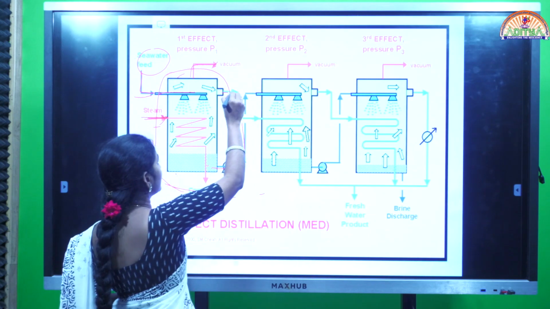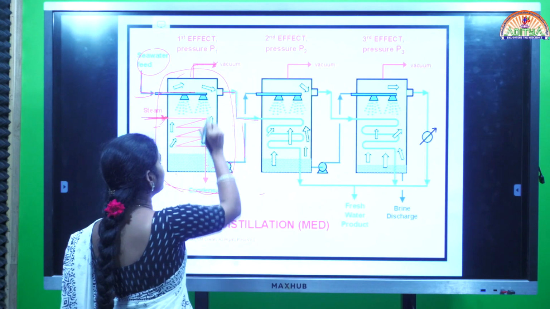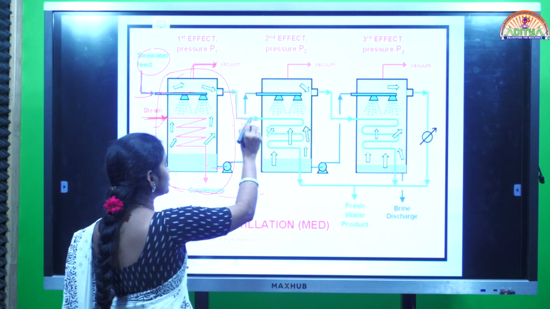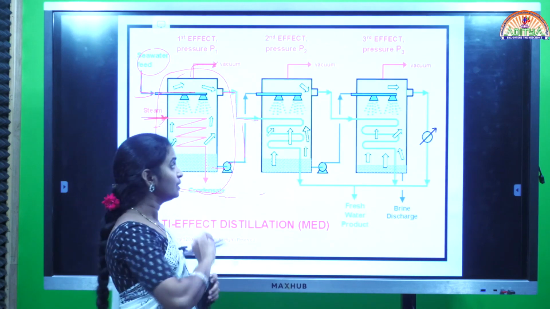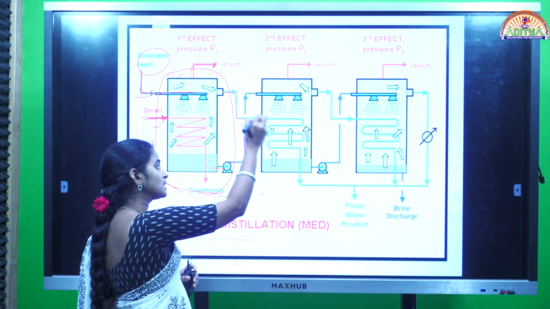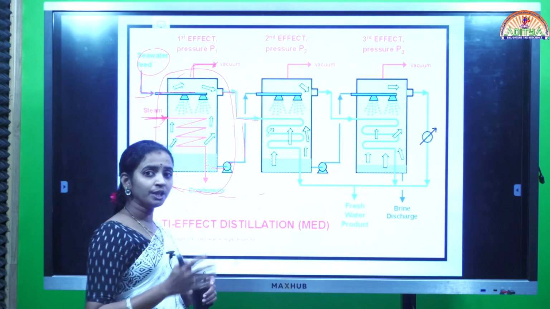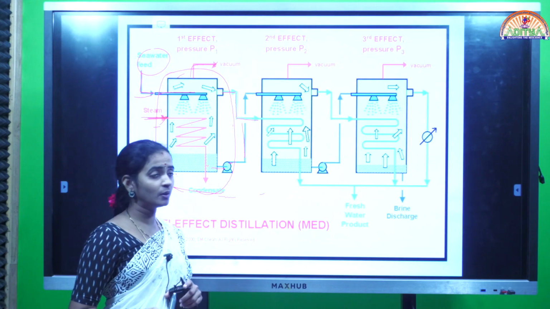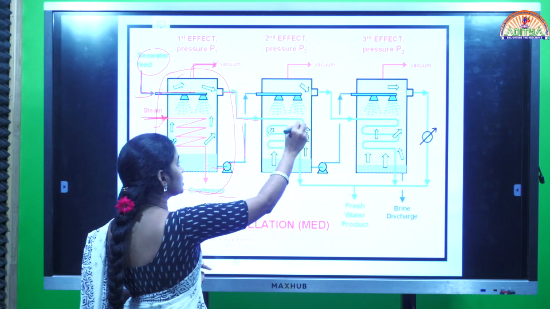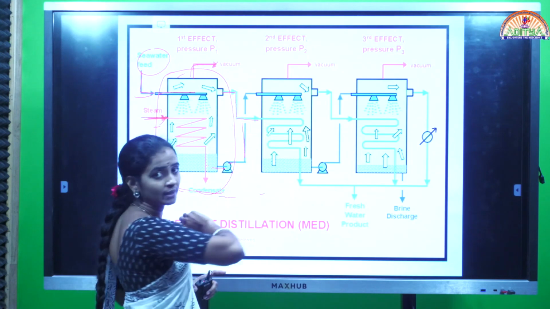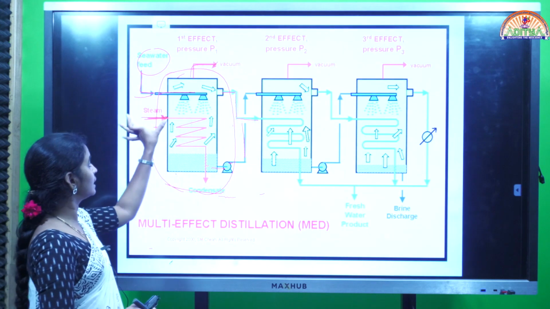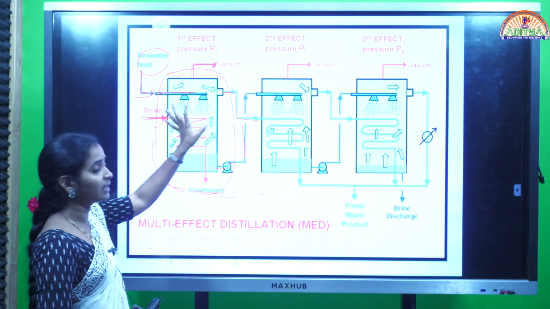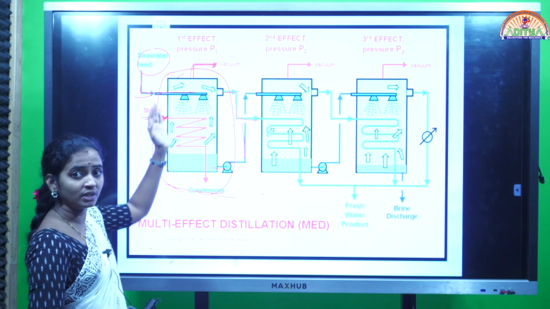Can you see the light blue color line here? That is nothing but the vapors of the potable water from the first still being passed into the second still. When the steam is passed into the second still, there is no need to give an external steam source. How will the water be boiled? With the help of the steam which is produced in the first still only. If you see the first one, here we are providing some external steam source to generate the heat for the boiling of the water.